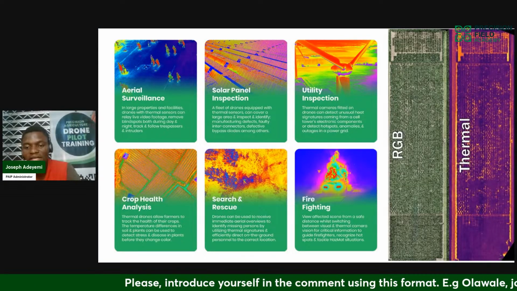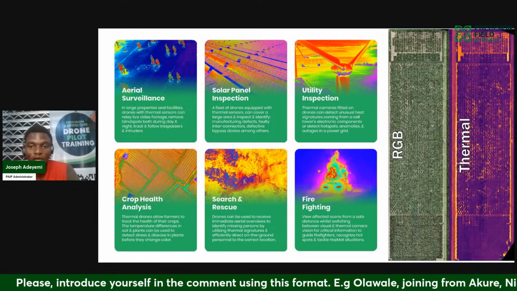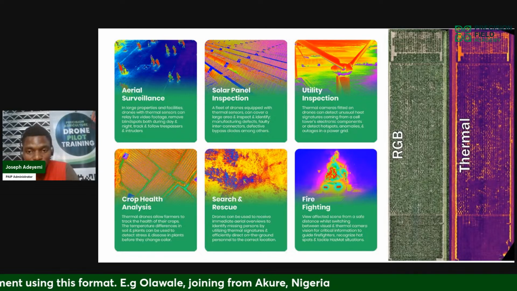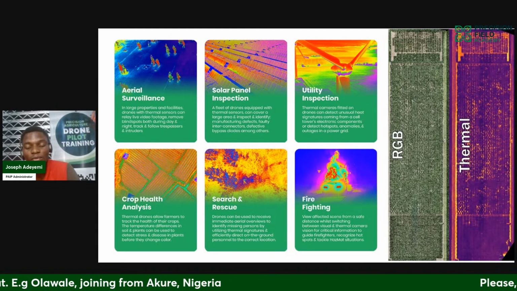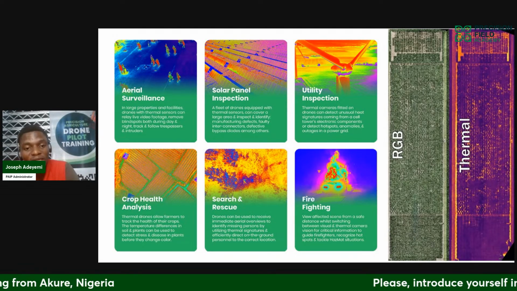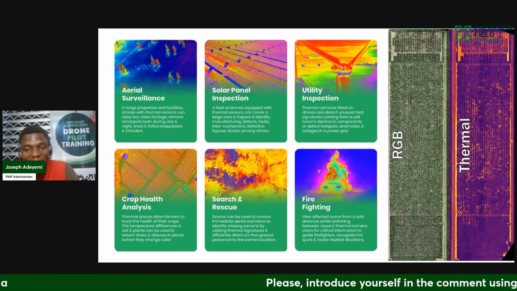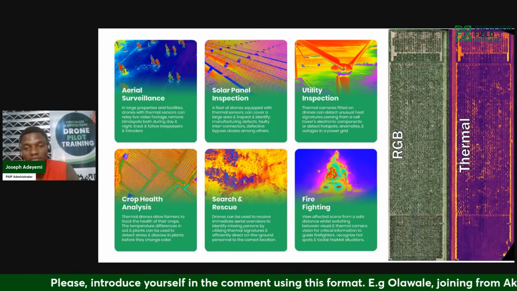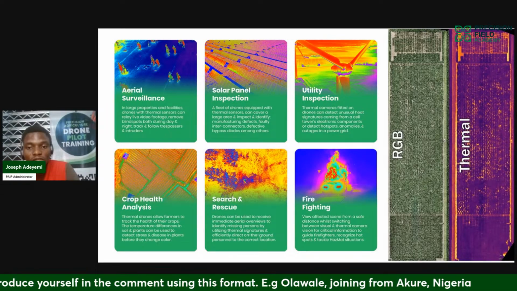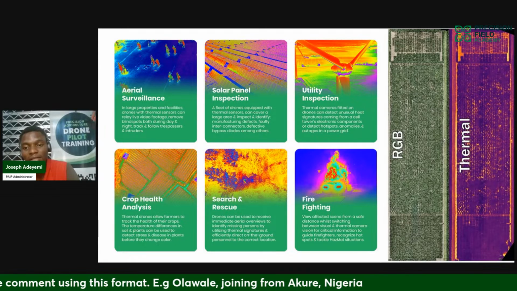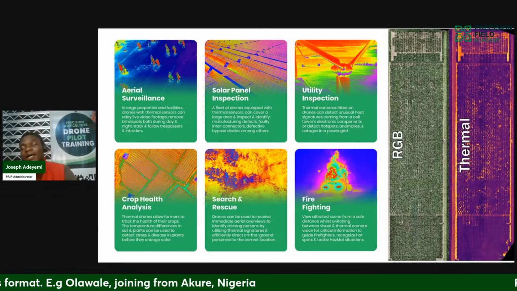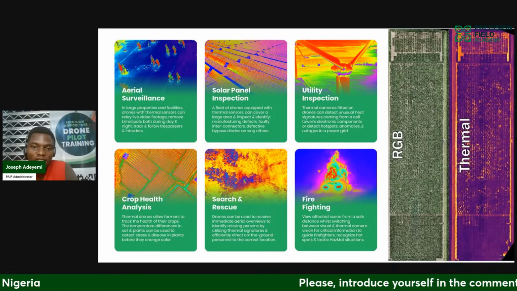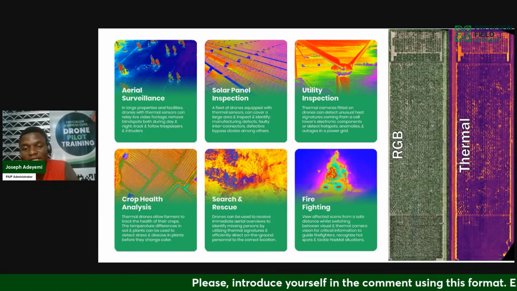Used for solar panel inspection, maybe for a solar farm where you have an array of solar panels that generate electricity. Yes, they can help you detect the variabilities of the solar panels while doing inspection, and they're also applicable in utility inspections like windmills, telecommunication towers, and all of this. So thermal imaging is still very, very useful, even beyond the context of agriculture.